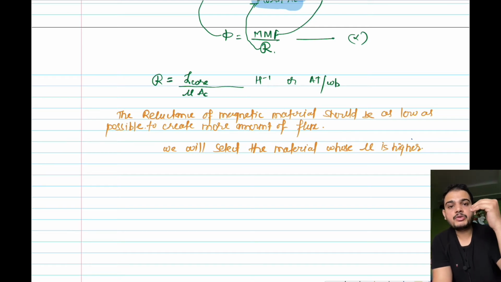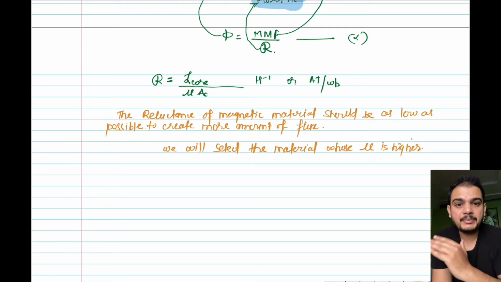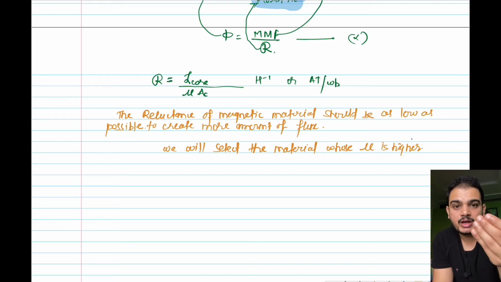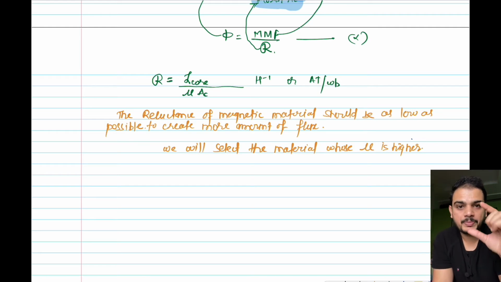And if we want to further decrease the eddy current losses, what will we use? We will use laminations. Thin laminations, thick laminations. Where to use thin laminations, where to use thick laminations, that we will study in the construction part of transformer. We have a separate subject for transformer. There we will discuss all these things: what are iron losses, what are hysteresis losses, thin laminations, thick laminations, right? All these concepts we are going to study in the transformer topic.